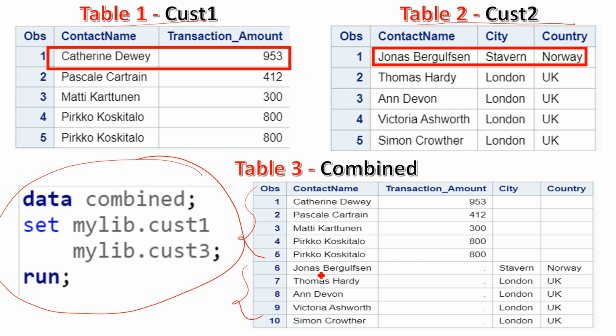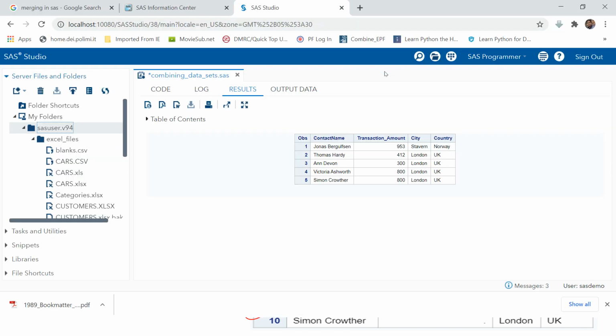So here you can see the output. Though it does not look very nice, at least it does not give the incorrect result. To deal with this and to have a better merging option, we will discuss that in the second video. For now, let's go to the SAS session and try doing this practically.